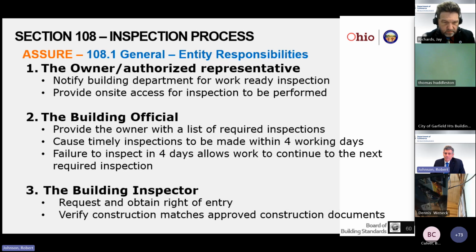So the building inspector has to request and obtain right of entry. For new build sites, oftentimes that's not necessary, in that the inspector can walk onto the site, walk to the job trailer, check in with someone, and maybe have a short conversation and head off to do the inspections. It's a lot different when you have a single family residence or any other kind of closed